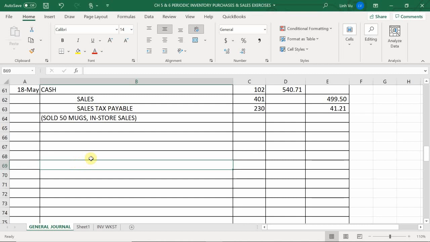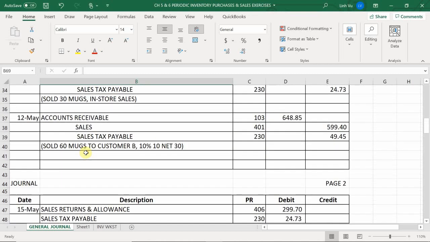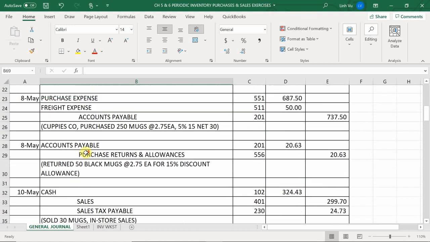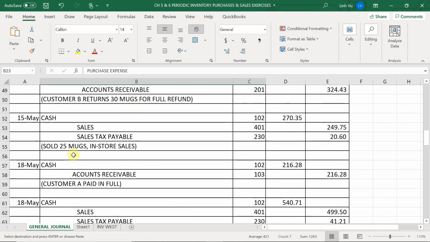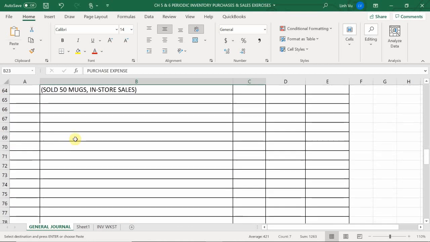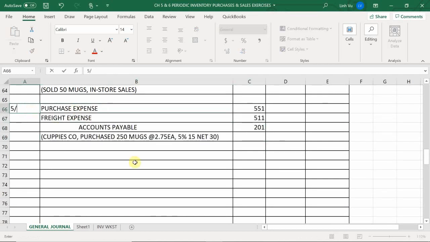Purchase expense. Okay, good. What else? Freight. And I didn't pay, so accounts payable. Yes, good. And now it's May 20th. Okay, so purchase expense. Okay, so we purchased